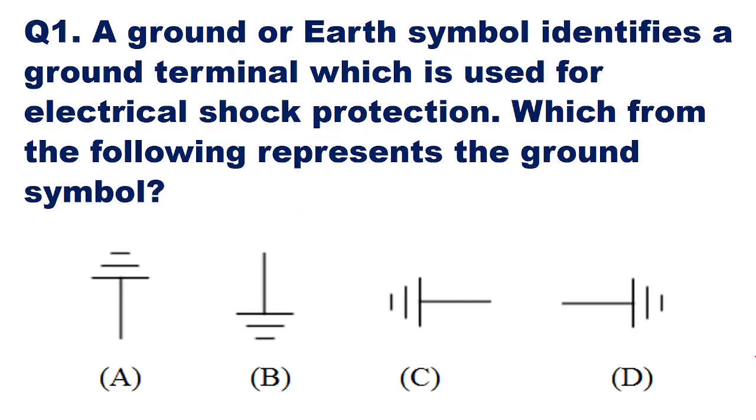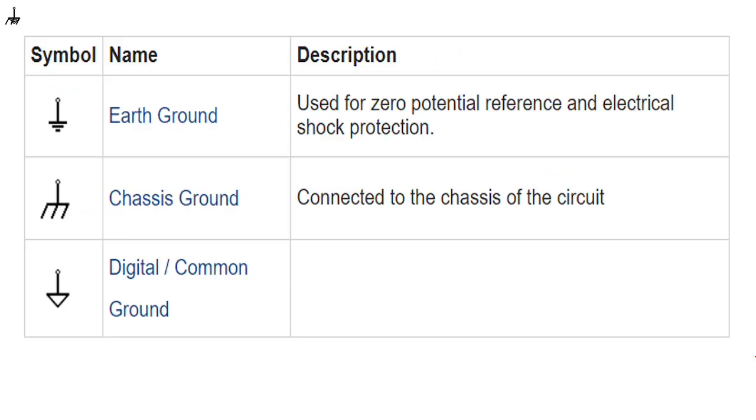Question number 1. A ground or earth symbol identifies a ground terminal which is used for electrical shock protection. Which from the following represents the ground symbol? So here there are four symbols shown as option A, option B, option C and option D. So if you remember the various symbols for representing ground, here we can see we have symbol 1 which represents earth ground. So this is the symbol 1. Now this is there in our options, which is called earth ground, which is used for zero potential reference